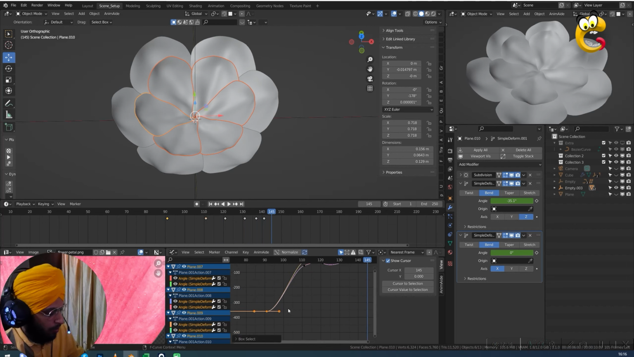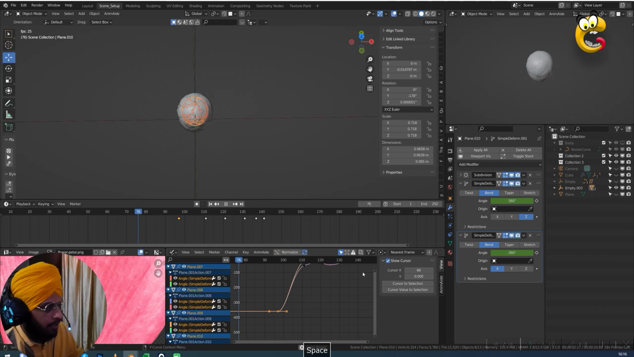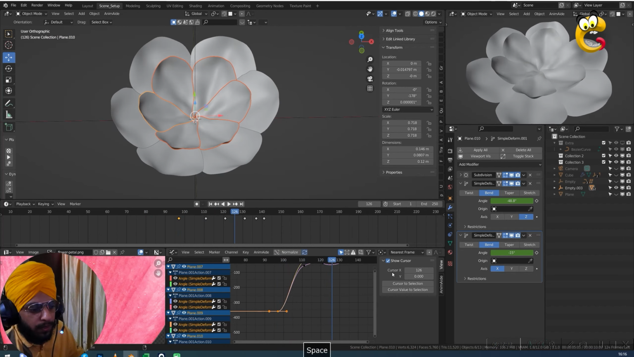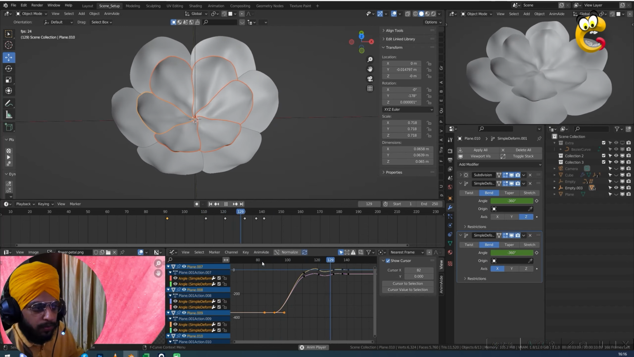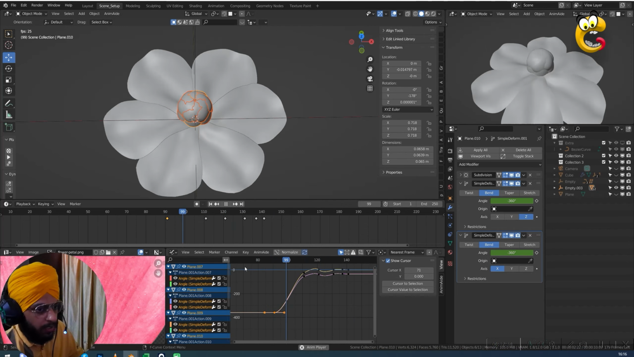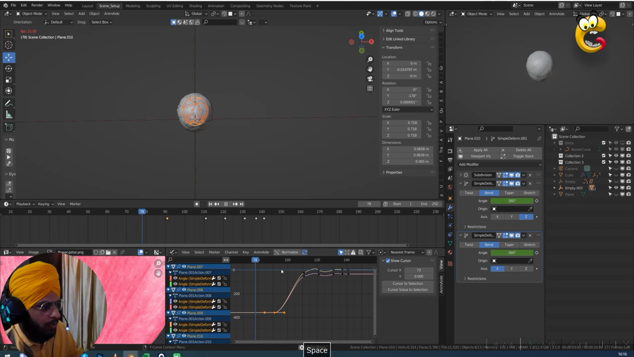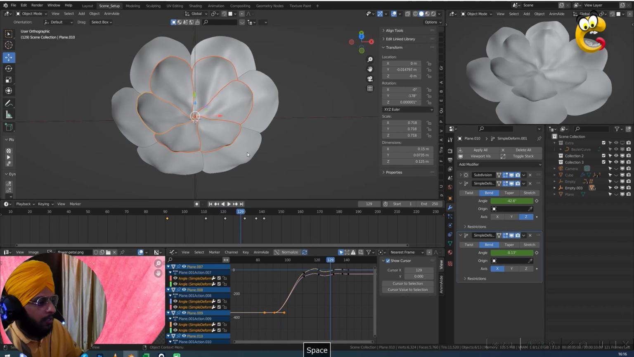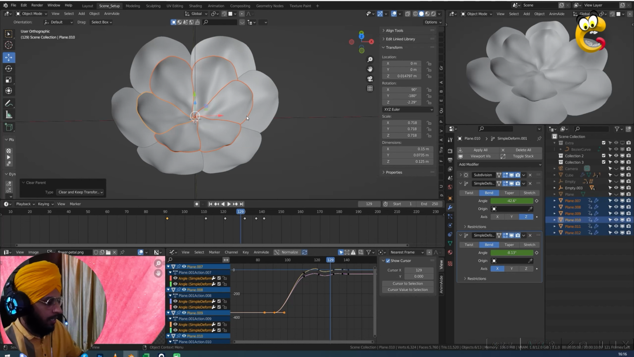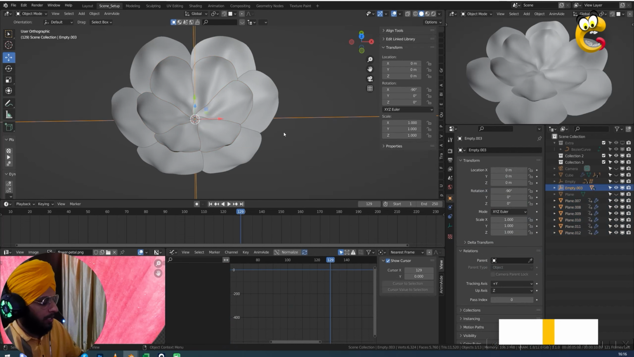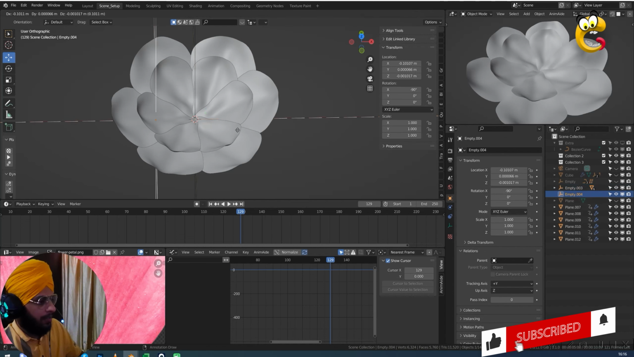And also move this a little bit on x-axis. No, not like this. I think this is okay. So press Alt P and clear parent, keep offset, and create a new empty. Shift D and